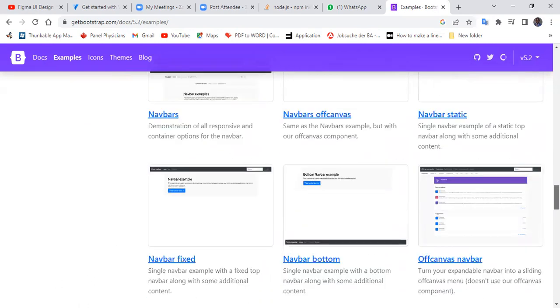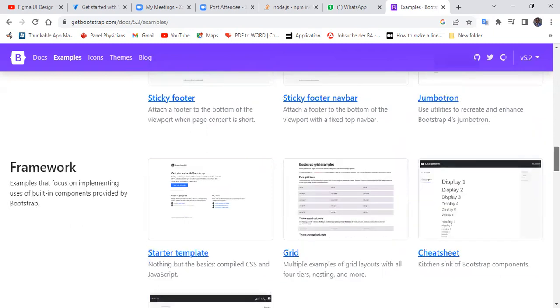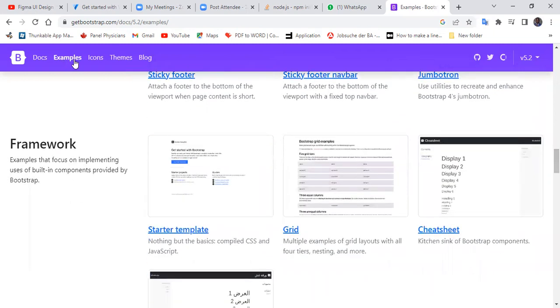Okay. Sorry, how did you get to this page? What did you click? These examples up at the top, the examples. Okay, okay. Yeah, so